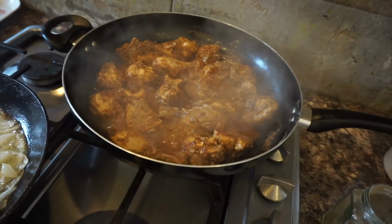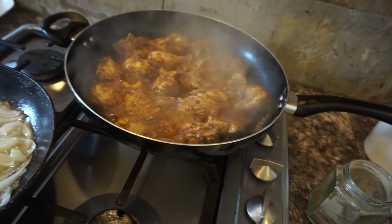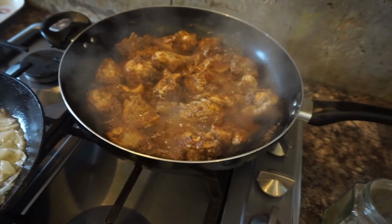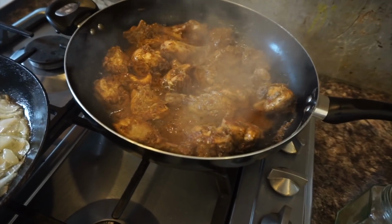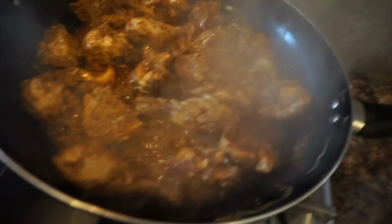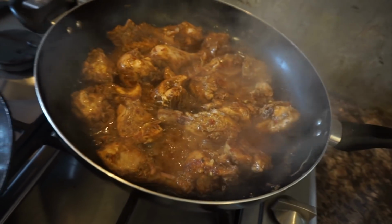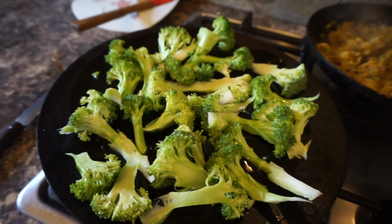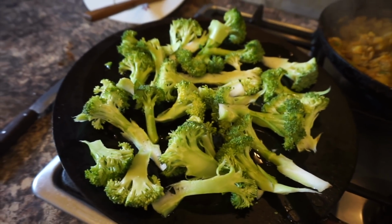My chicken is really ready. You can see it's almost done, but I'm gonna keep it on higher flame, like 8 to 10 minutes. And this is exactly the way we cook chicken in the oven. Chicken roast garnish, or the way I serve chicken roast,